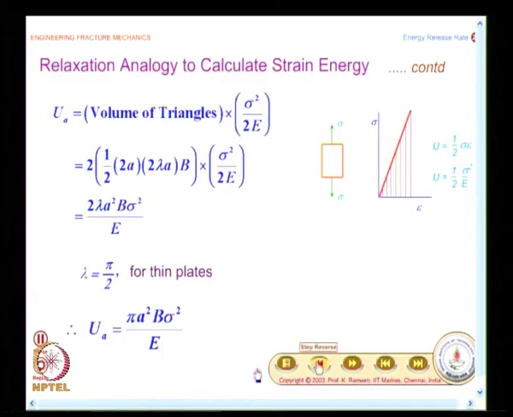And why do we look at the relaxation analogy? See, we are actually discussing what happens in the case of a brittle material. And I said, while discussing the relaxation analogy, imagine that you have taken a cycle tube, a rubber sheet, and then pull it, then you introduce the crack and the crack opens up. So, this is only to aid your visualization process, that energy can be released from the system for the formation of a crack. And there are also many catches here. If you look at,